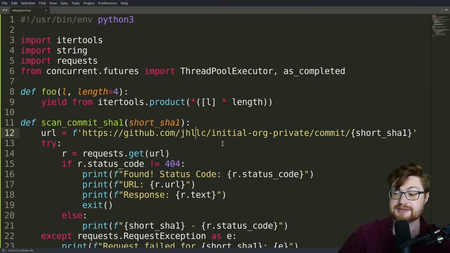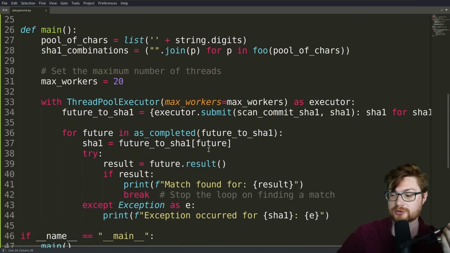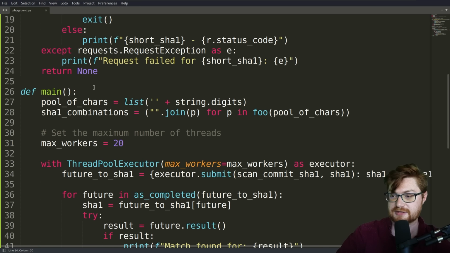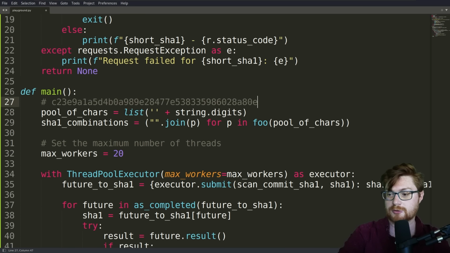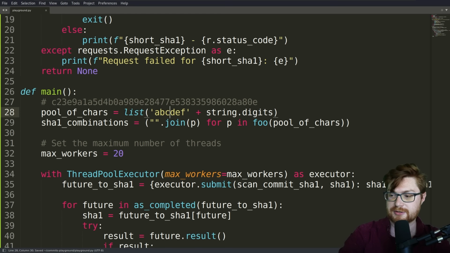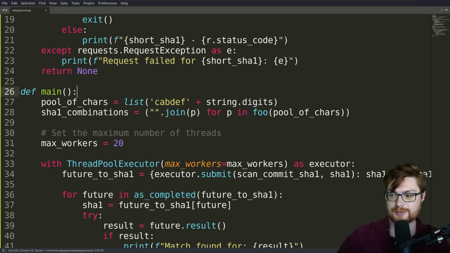So look, I'm looking at the public repository, what was once private but now made public, and the commit that we know that we're looking for is based off of, I believe the actual full SHA-1 hash is this, right? So C23E, if we were to do our usual ABCDF, I'm actually going to put the C character first just for a faster brute force so we could see it in action.